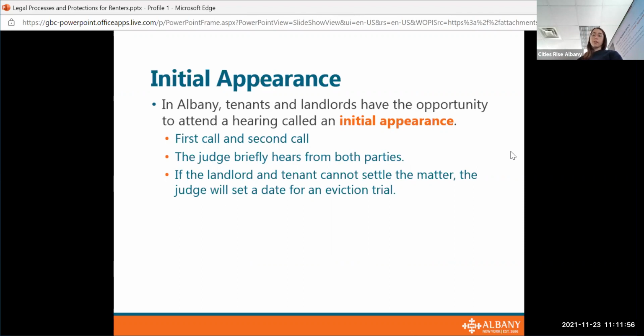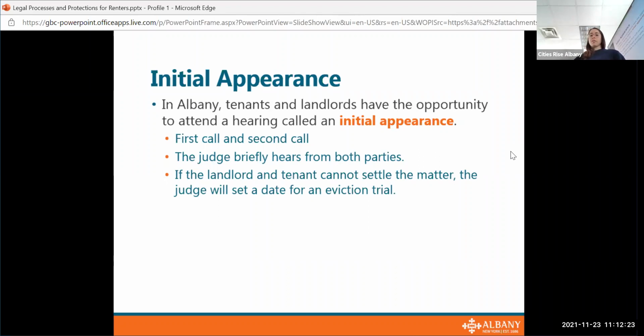If one or both parties is missing at 10 a.m., then the judge would wait at least an hour until 11 a.m. and call it up for second call. At that time, if the landlord or the tenant isn't present, the judge would proceed without them. But with that being said, it's still a good idea to show up on time just to keep everything moving smoothly in court and to show that you are a professional.